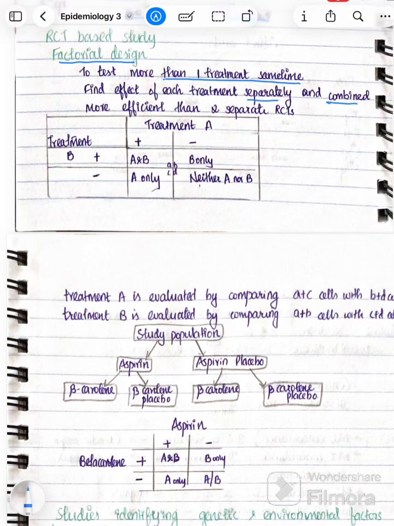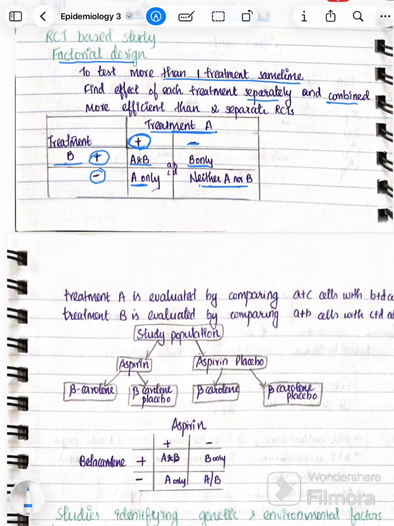It is more efficient than 2 separate RCTs. 2x2 table, treatment A, treatment B. Positive represents that we gave treatment A, negative means we didn't give treatment A. B positive, gave treatment B; B negative, didn't give treatment B. So here A and B treatments are given, here only B treatment is given, here only A treatment is given, neither